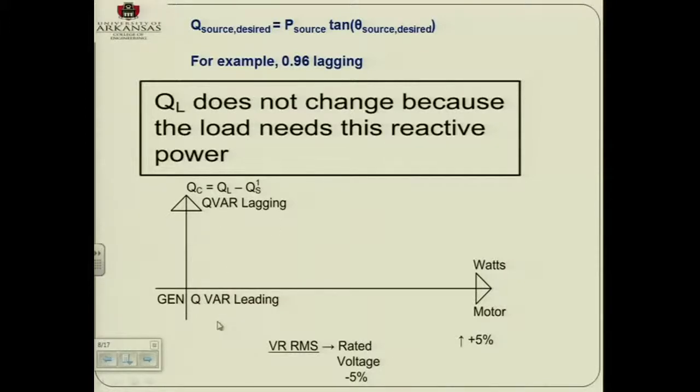And what you got here is basically, for example for a motor, the watts, and here you have kVAR lagging, and here you have kVAR leading, and basically here it says Q cap is Q load minus the Q source desired. And that's the amount of capacitors that